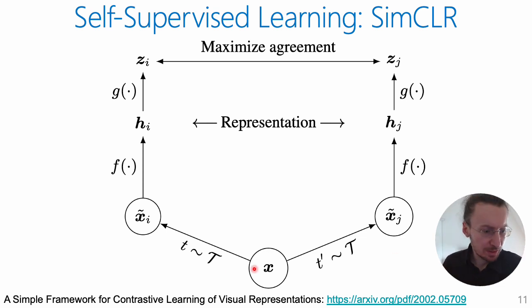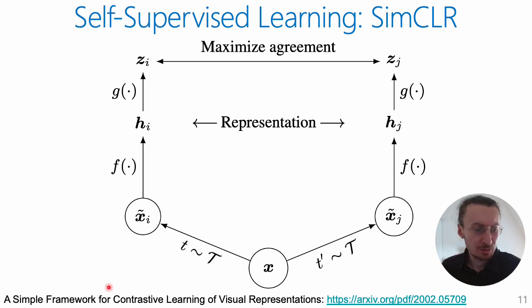So during training, these encoders are fed either two augmentations of the same input, which are called positive pairs, or augmentations of different inputs, called negative pairs. So you want to imagine actually that these inputs X sub i and X sub j are actually different images, and that actually we don't want to maximize agreement, it's the opposite, we want to minimize the agreement. So the output representations of the encoders are fed into the projection head, whose outputs are used to compute the distance in the latent space.